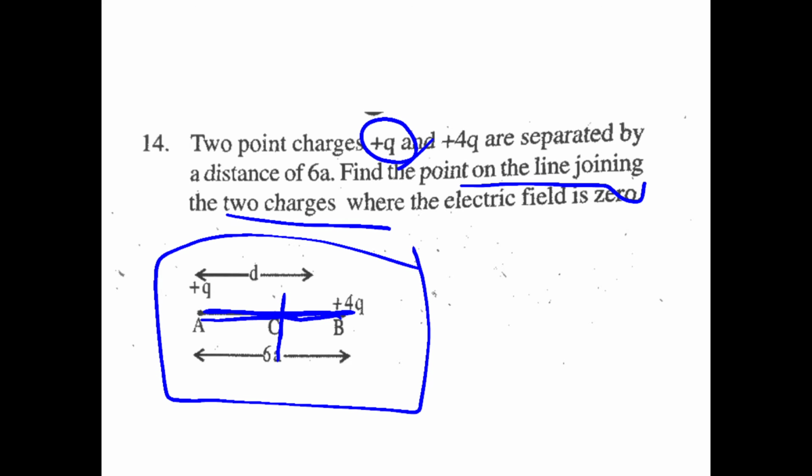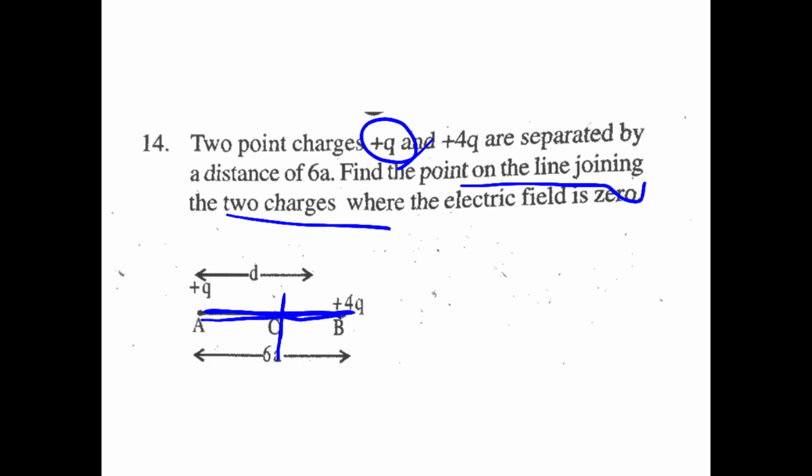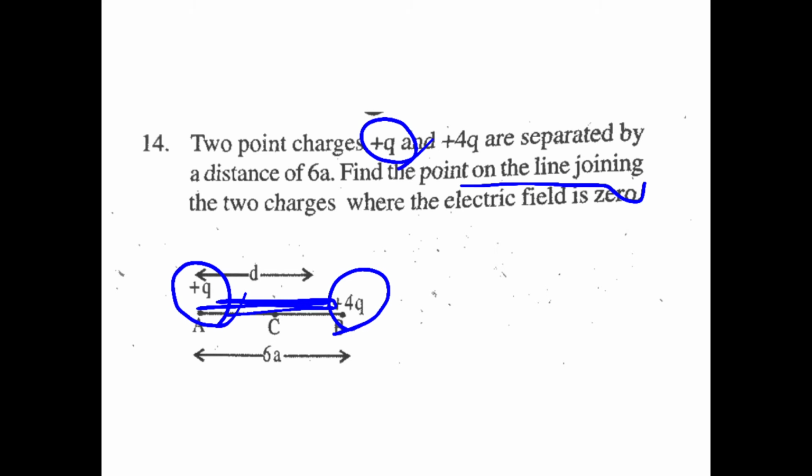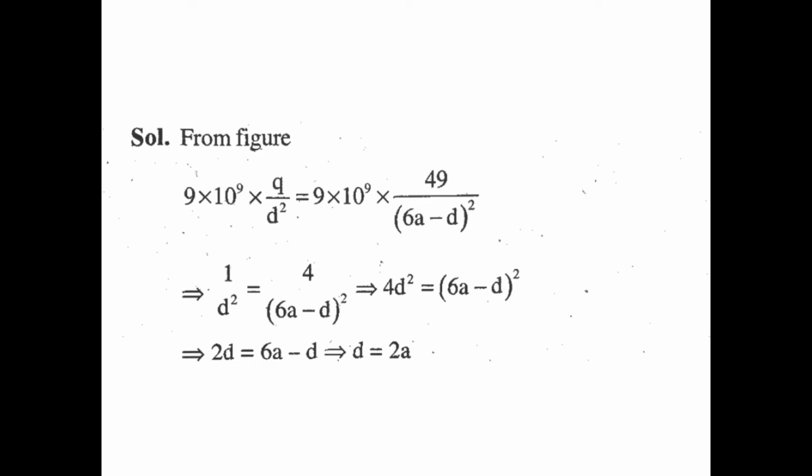So I'll discuss it with you. Okay, here positive charge plus q and here positive charge plus 4q. So the electrostatic force between them will be repulsive as they both are positive. That means same sign repel each other. Two positive signs or two negative signs repel each other. You know this. Okay, from the figure you know